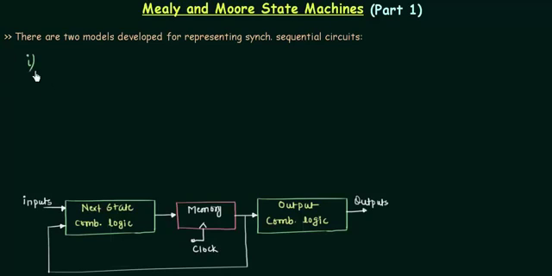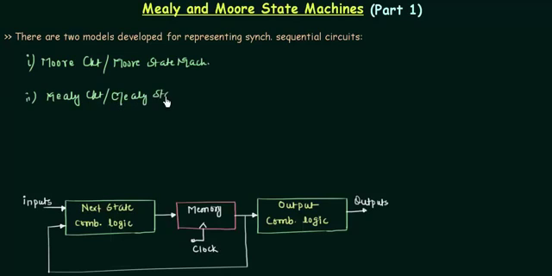The first one is the Moore circuit, M-O-O-R-E circuit, and it is also called Moore state machines. And the second one is the Mealy, M-E-A-L-Y circuit, or it is called the Mealy state machine. Okay, these are the two models that we have to see, and they are very important if I talk